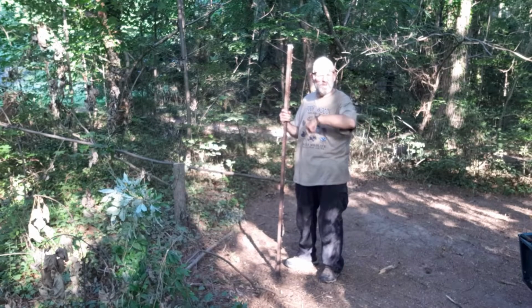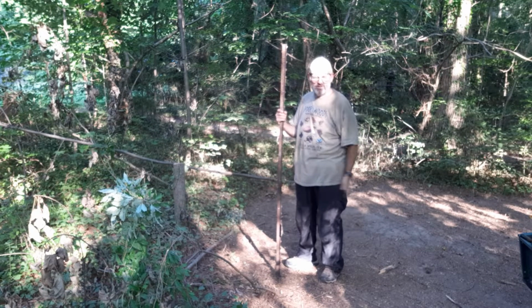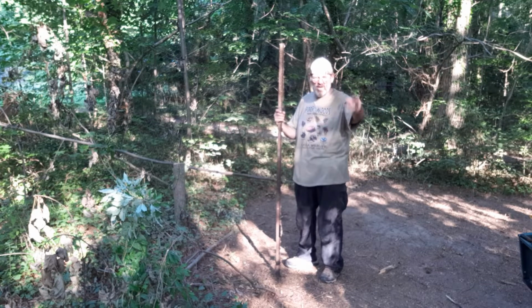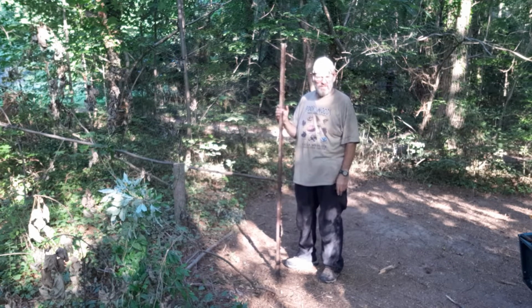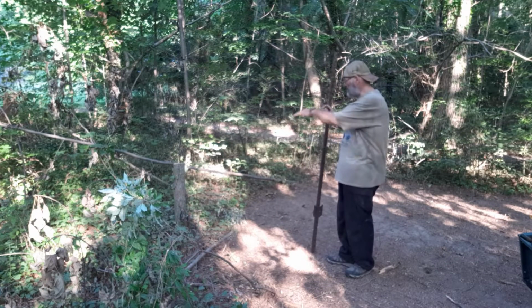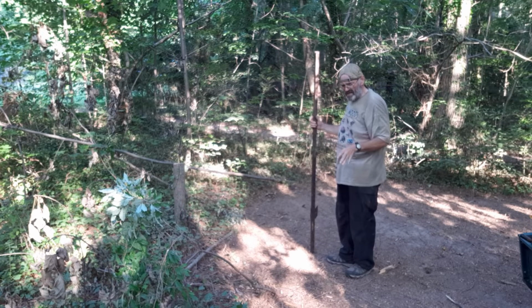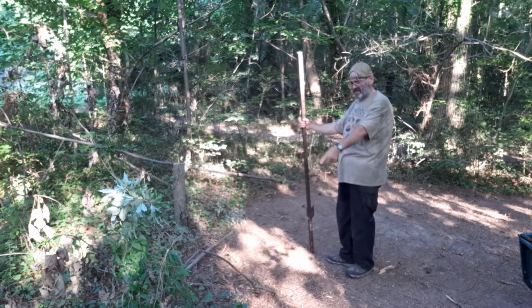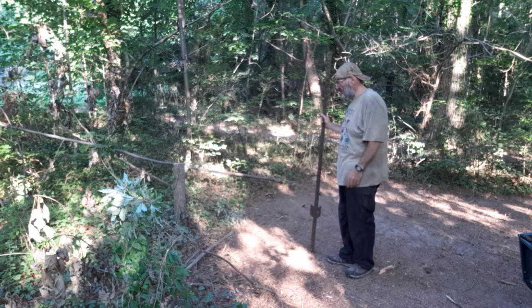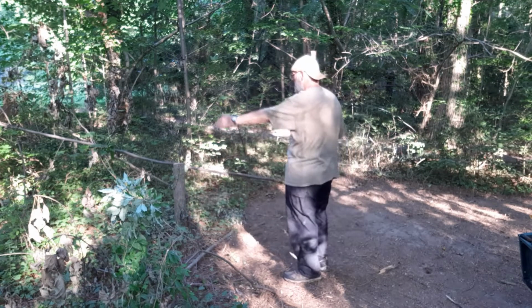Now over here is where I want to put the structure, or the shelter. It's going to be a crude shelter. It's going to be made of logs, lashed together, maybe some hand-forged nails, kind of helping things along, because it's going to be permanent, so I want it to stay here. But yeah, it's going to be in this area right here, okay? So I'm checking the area because you see I found this fence post down in here and that cinder block that I just tossed in the trailer. So there's junk in here and I want to clear this out a little bit deeper,